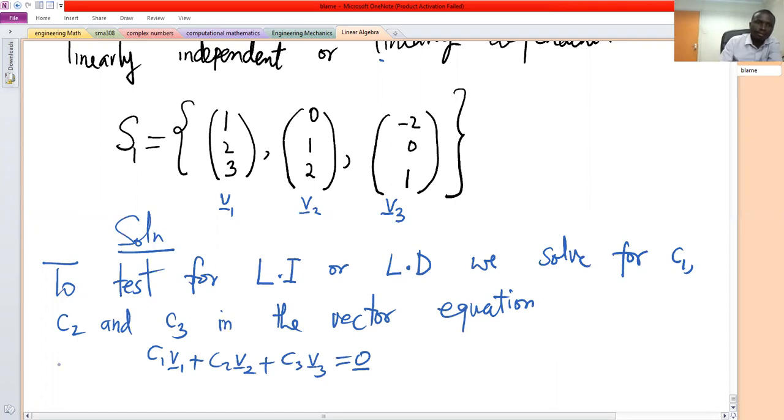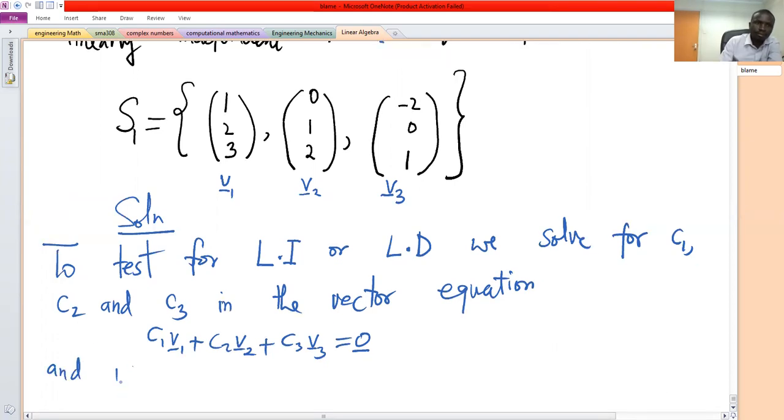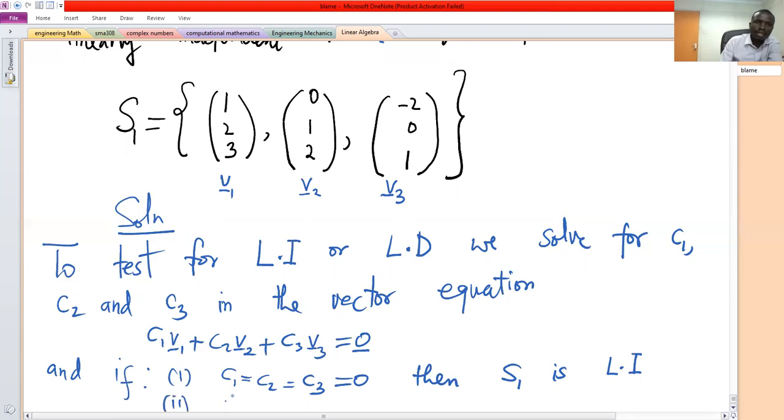And there are 2 things: one, if C1 equals C2 equals C3 equals 0, then S1 is linearly independent. And number 2, if at least one of C1, C2, or C3 is non-zero, then